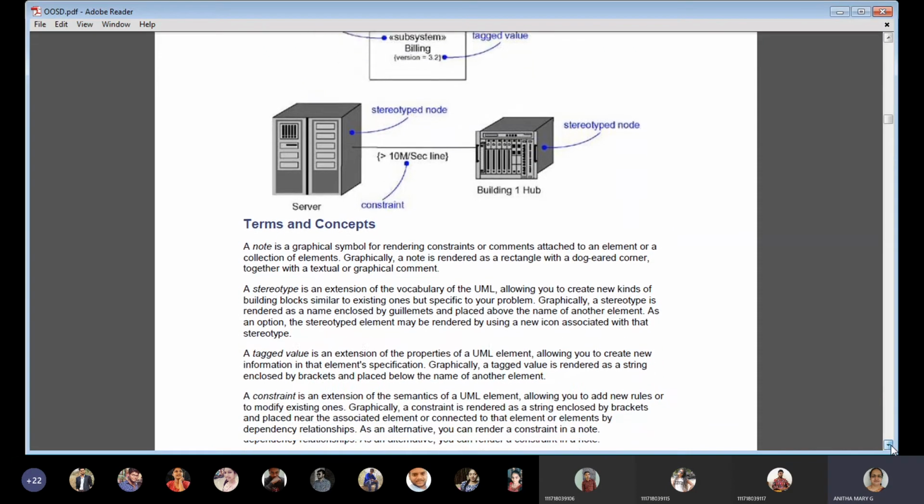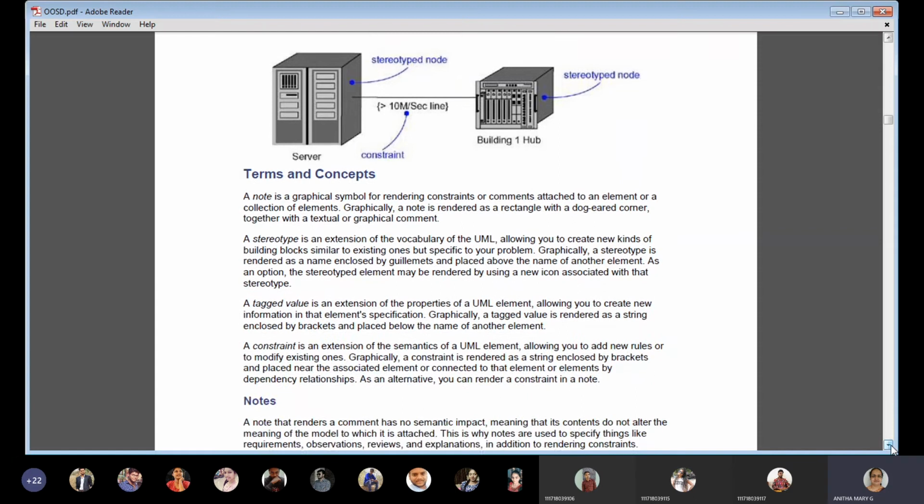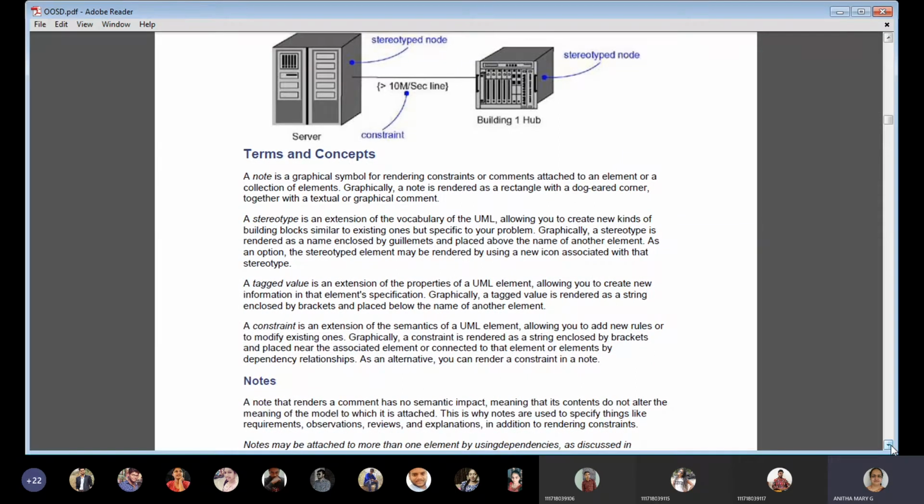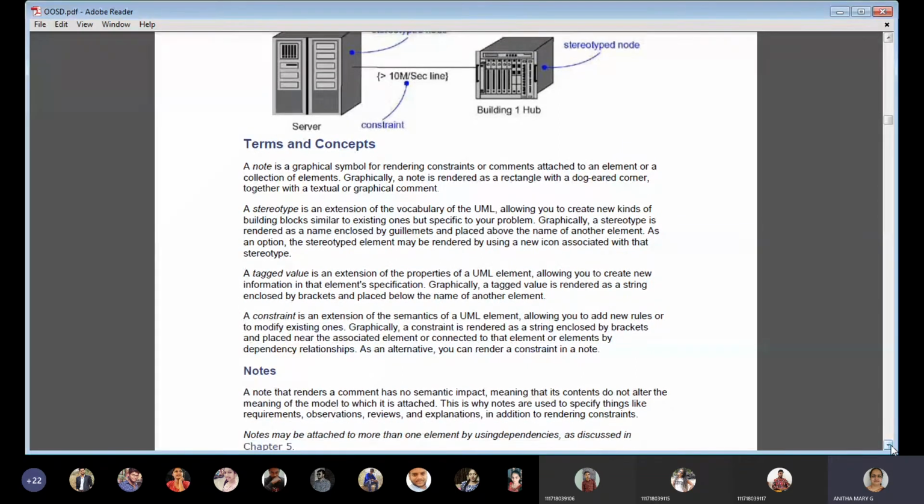The first half is about terminology and concepts. Under this we are first going to learn about a note. As I told you already, a note is a graphical symbol for rendering conditions or constraints or some comments, or any kind of text or collection of graphical things. Any link or anything can be given within a note.